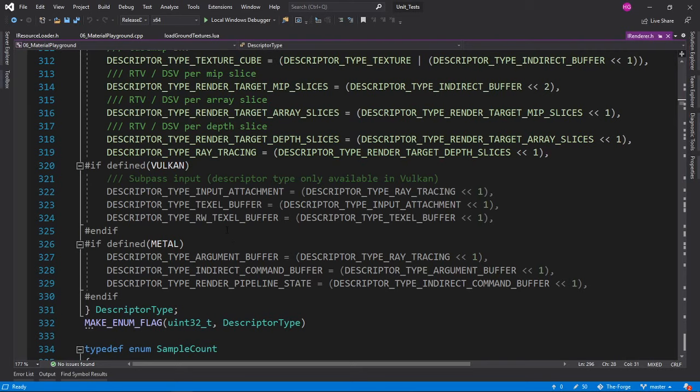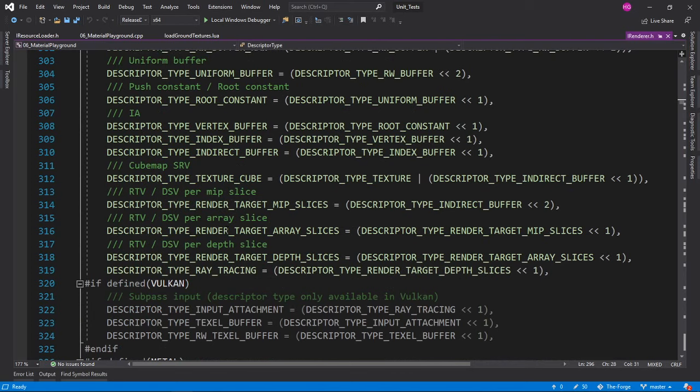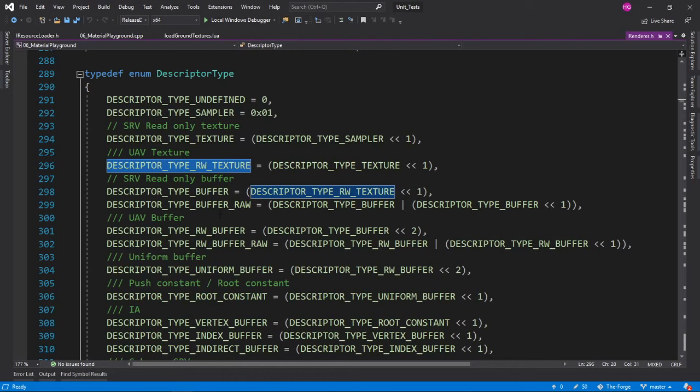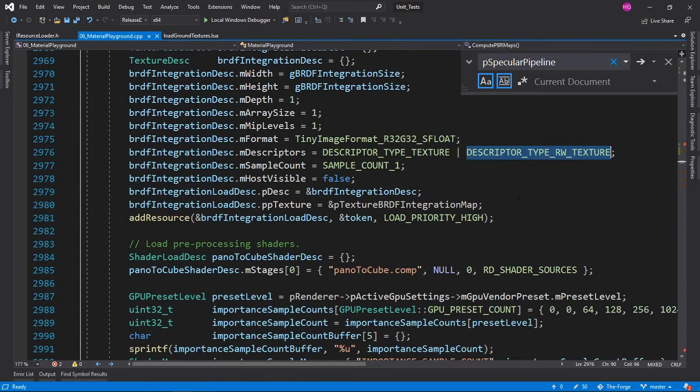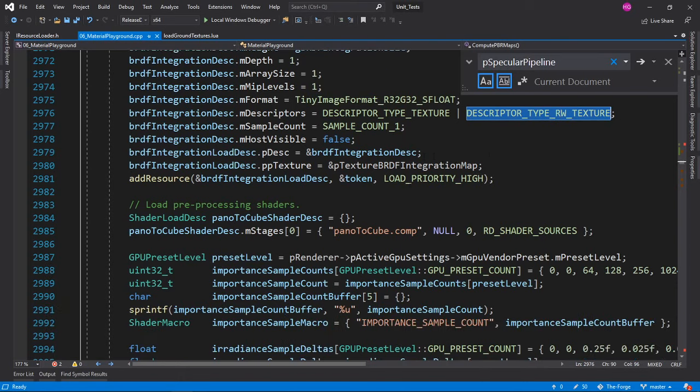I don't know if there are any optimizations by the GPU on read-only textures. There could be, but they're not using it. And the guy knows the industry well, knows the hardware well as well, so probably the hardware doesn't optimize on those. So yeah, that is the reason we are using read-write textures. That is the only kind of texture we have.